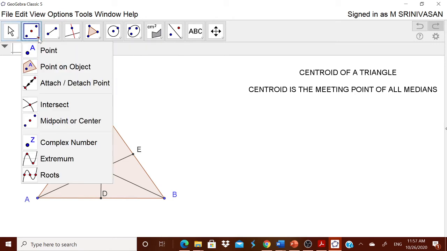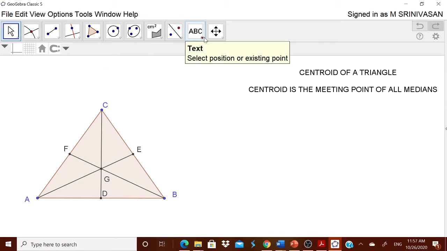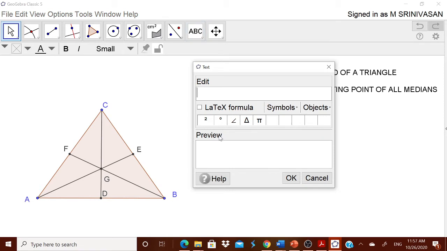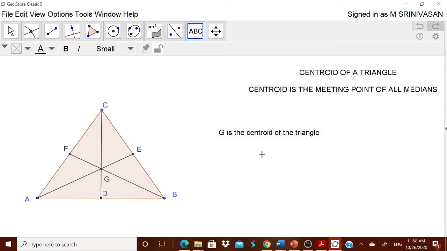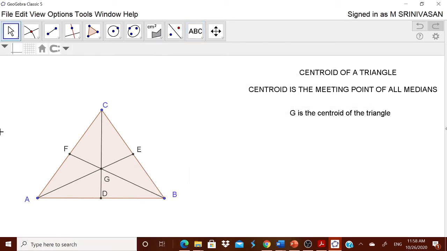Now you want the point of intersection. Take the intersection. You touch any of these medians, either the first one and the second one, or the second one and the third one, or the third one and the first one. Automatically you will get G, the centroid. Now you can declare to the children that G is the centroid. Suppose you get something other than G, you know that you can right click it and rename it. Now I got it here, therefore no problem for that.